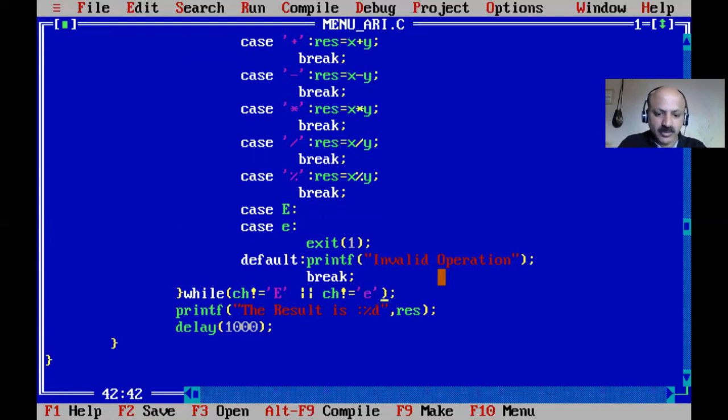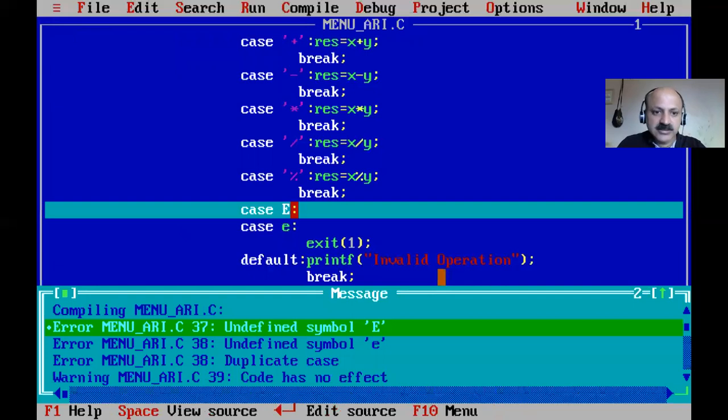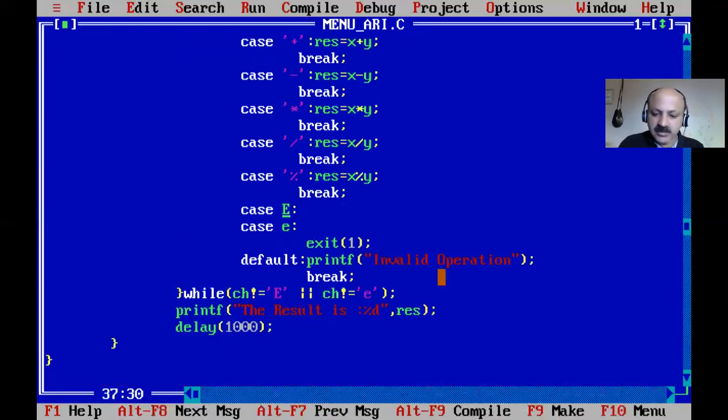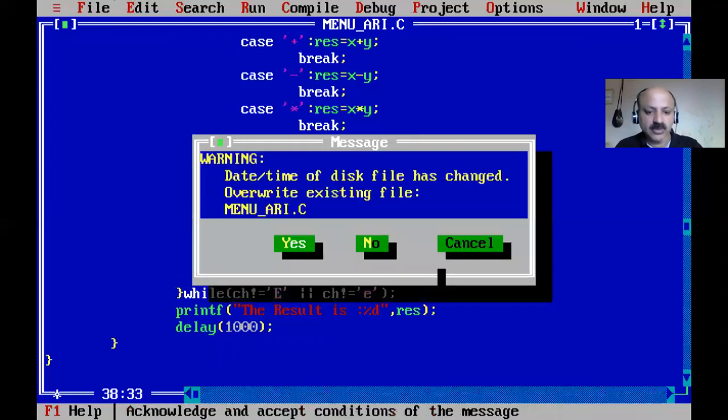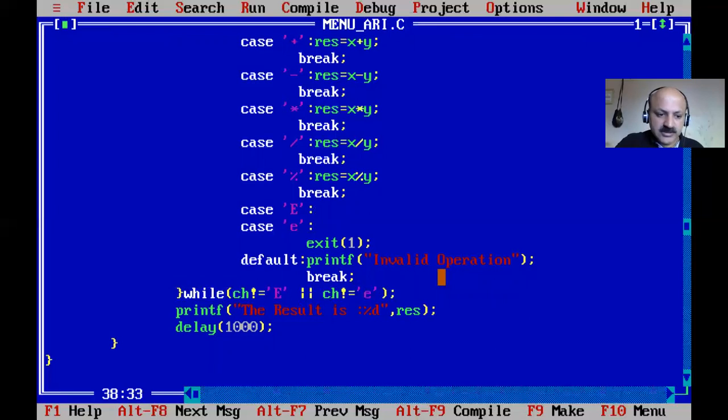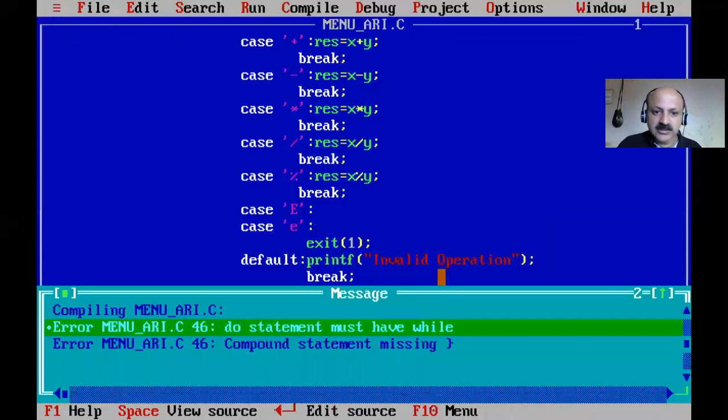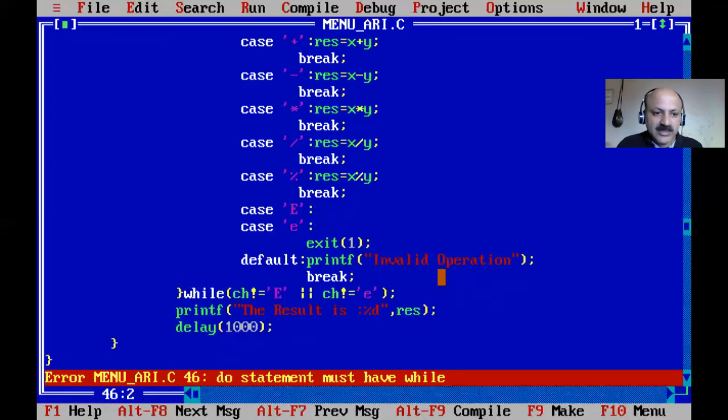Yes, let us check. I first save, then compile. Yes, okay, here for character constants the single quote is required, otherwise it gives an error. Now it is okay. I save, yes, F2 to compile. There is a do while statement. Okay, do statement must have while.